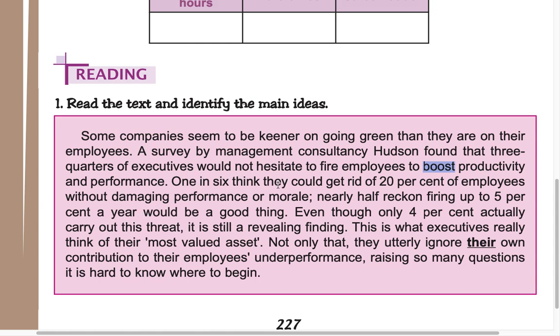1 in 6 think they could get rid of something or someone, that is to ditch them, when you no longer need them. They get rid of 20% of employees without damaging performance or morale. Nearly half, by reckon I mean they believe or think, firing up to 5% a year, every year, would be a good thing. Even though only 4% actually carry out this threat of sacking many employees, it is still,